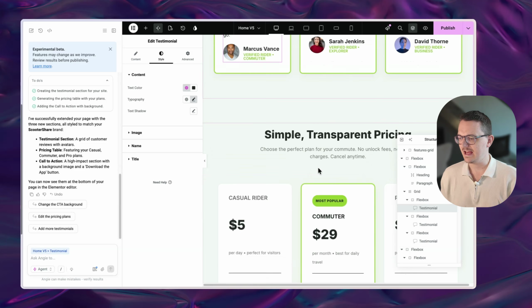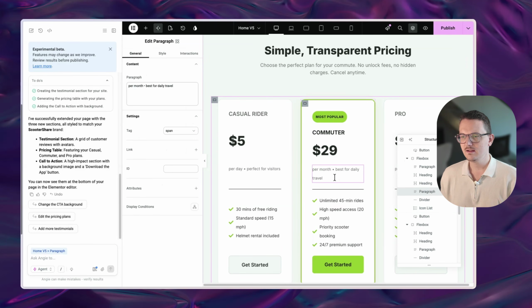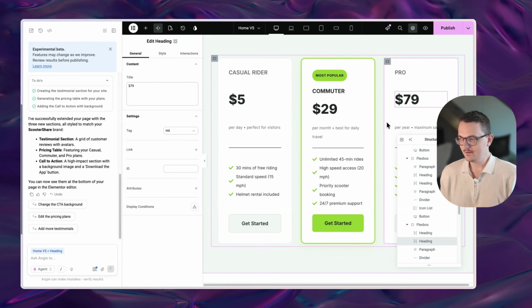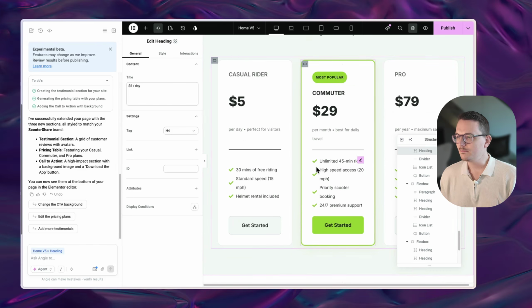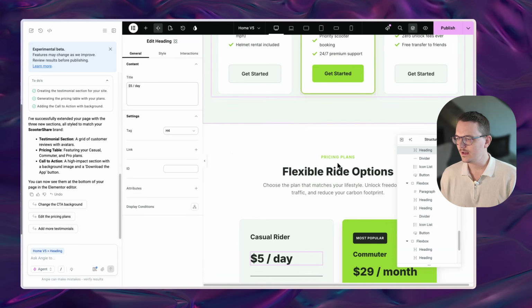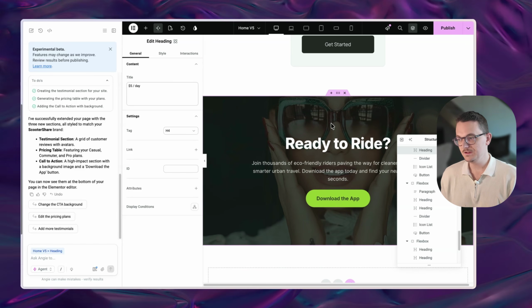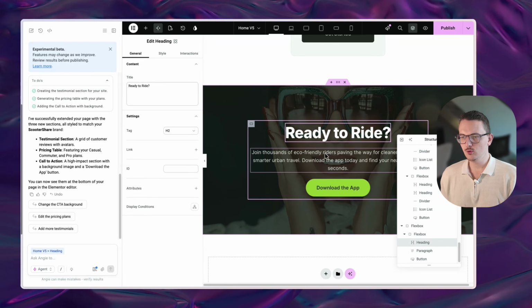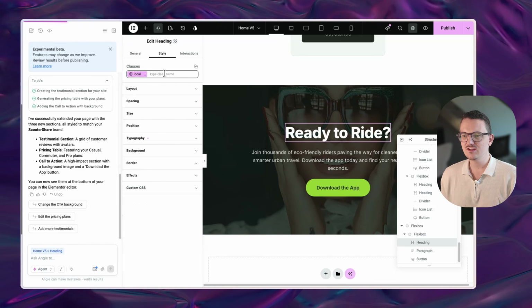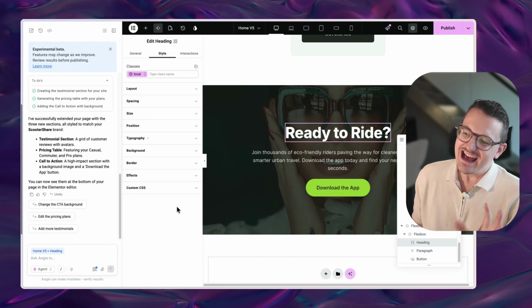I'm not completely happy with it. But this is kind of nice. So here we can see the same, an icon list. Okay, so V4 and V3 are mixed. It did create a pricing table though. And then we have these pricing plans. Wait, is that the same? Okay, so it did do the pricing plans double with a different design. Oh, this one is very close to what I wanted. That is pretty cool, but it does not use any of the classes on this website, and that is a